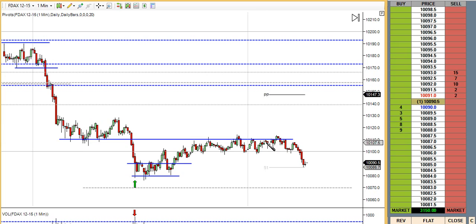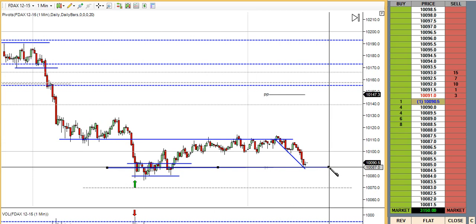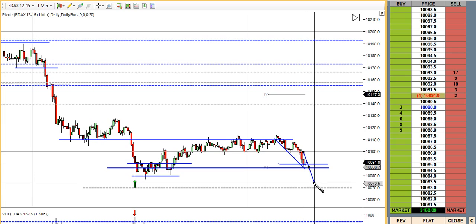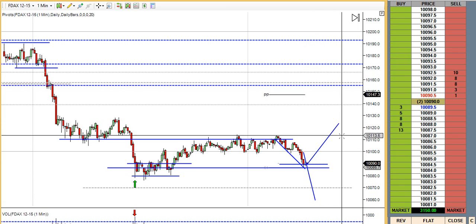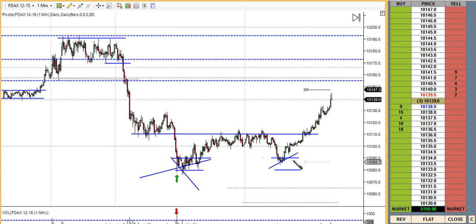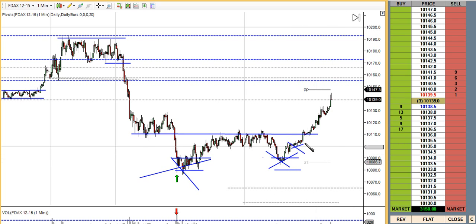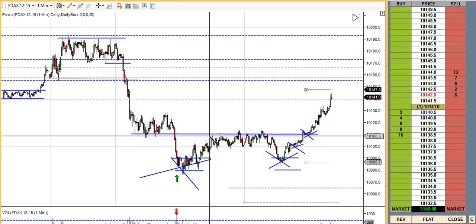Well, looks like I should have held the short because it retested this area, 87, so the 90s. So probably we'll see more downside, or it just finds support here and goes upside. So price actually made a double bottom right here, held support at 10,100s, then held support at 10,110s, which was